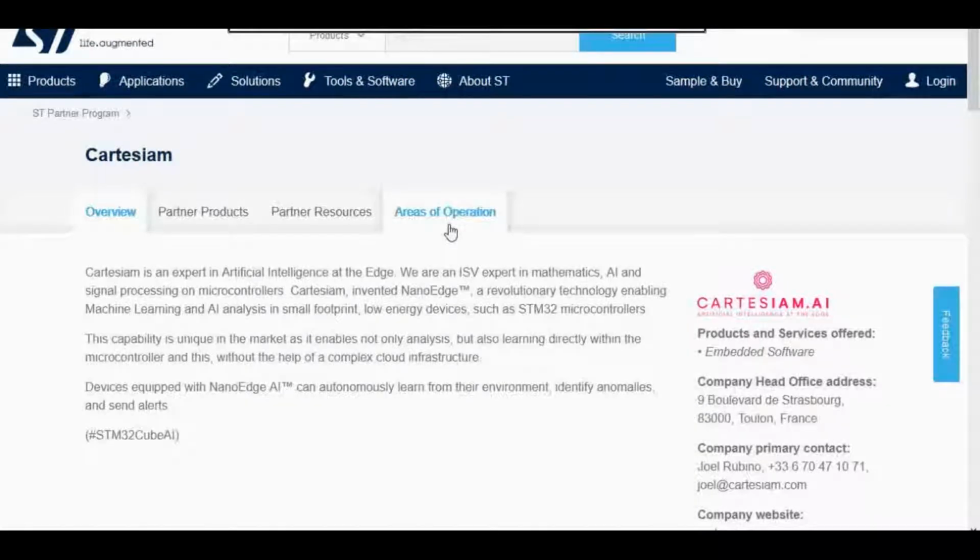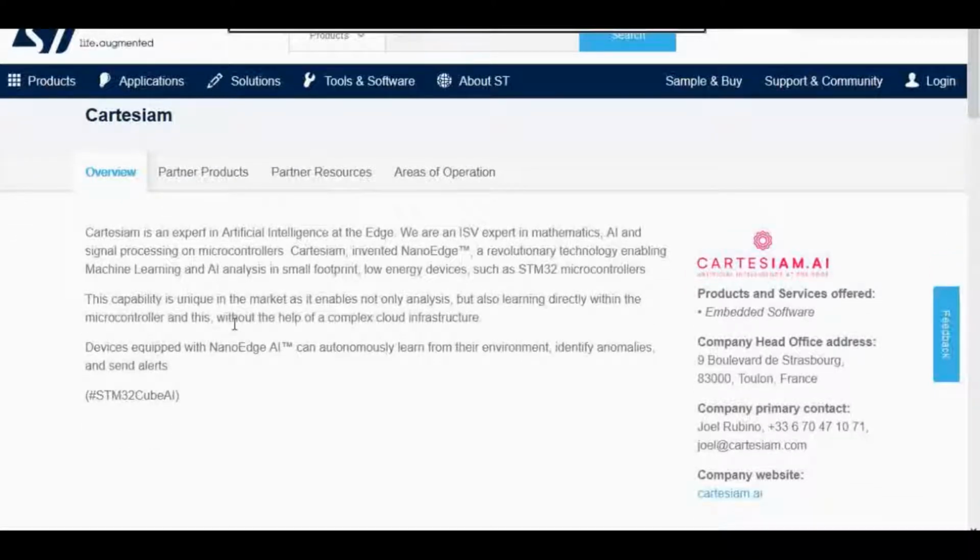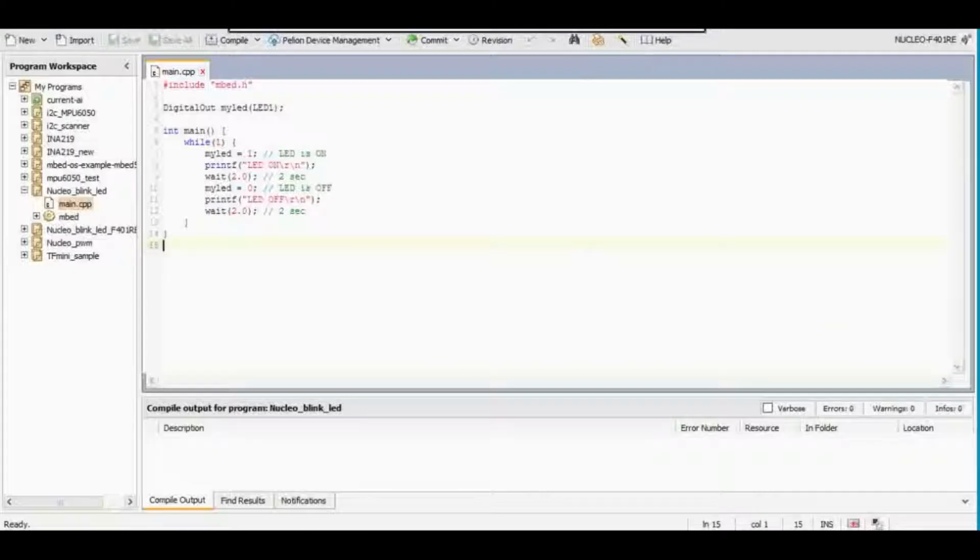Hi, so here I am trying to show the capabilities of the Cartesium AI intelligence platform at the edge. Cartesium is officially a partner of the ST microcontroller ecosystem, and with this demo I am going to show the capabilities of this platform. So first of all, I have a Nucleo board connected with my laptop, and I am going